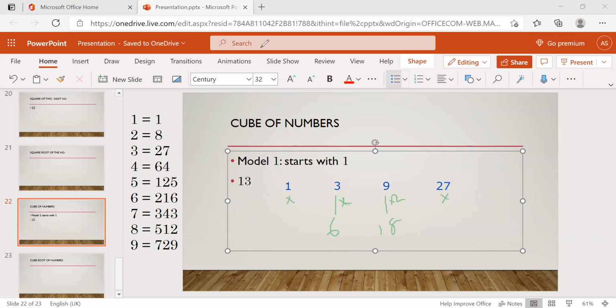Then just add all the numbers. 27. But you have to take only a single digit. In mathematics, the next digit will always be carried. So 27, how are we going to write it? 2 here, 7 here, right? 7, and then 2 is a carry. 18 plus 2 is 20, plus 9 is 29. 2 here and 9 here. Now 5 plus 6 is 11. 1 here, 1 here. 1 plus 1 is 2. So 2197 is the answer.